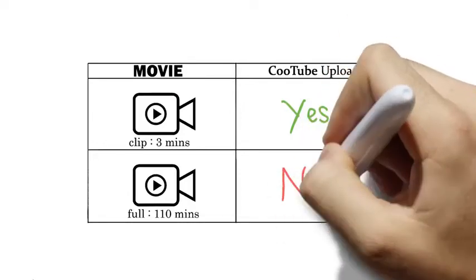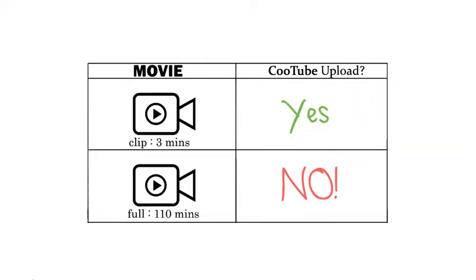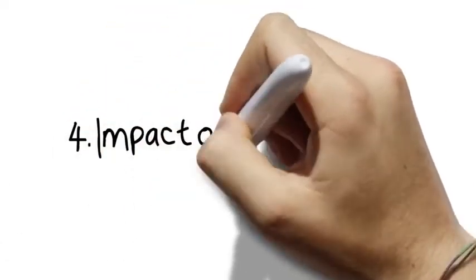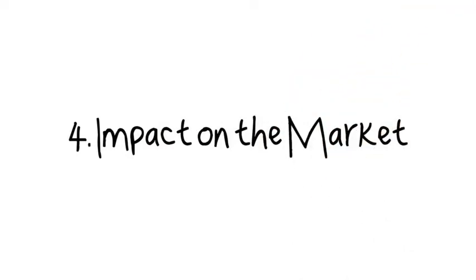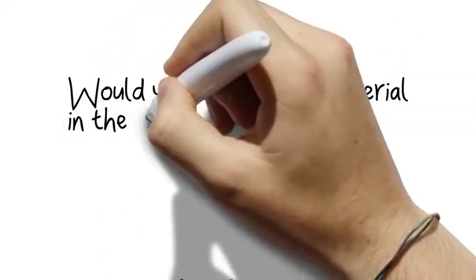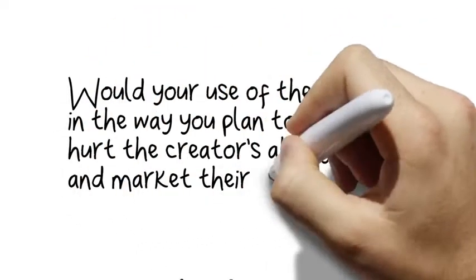But if you upload a whole movie to YouTube, even if it's for educational purposes, you're breaking copyright law. Fourth, the impact on the market from your use of the material. This is perhaps the most important factor to consider. Would your use of the material, in the way you plan to use it, hurt the creator's ability to sell